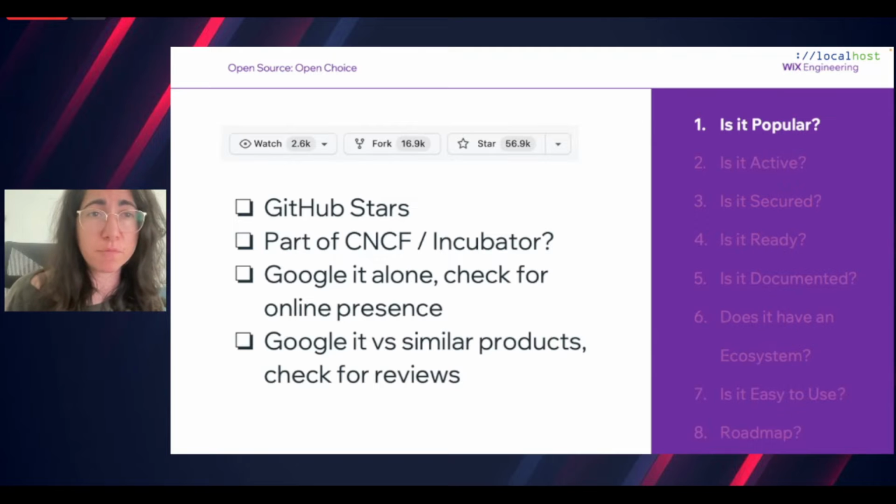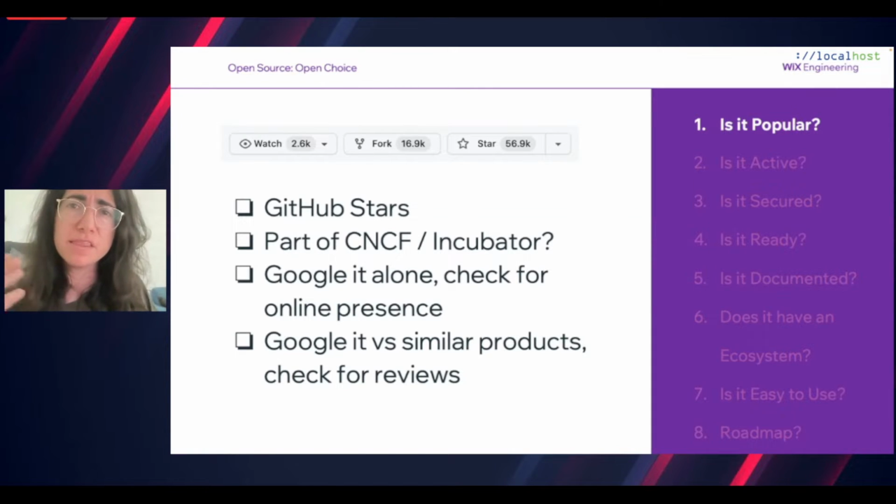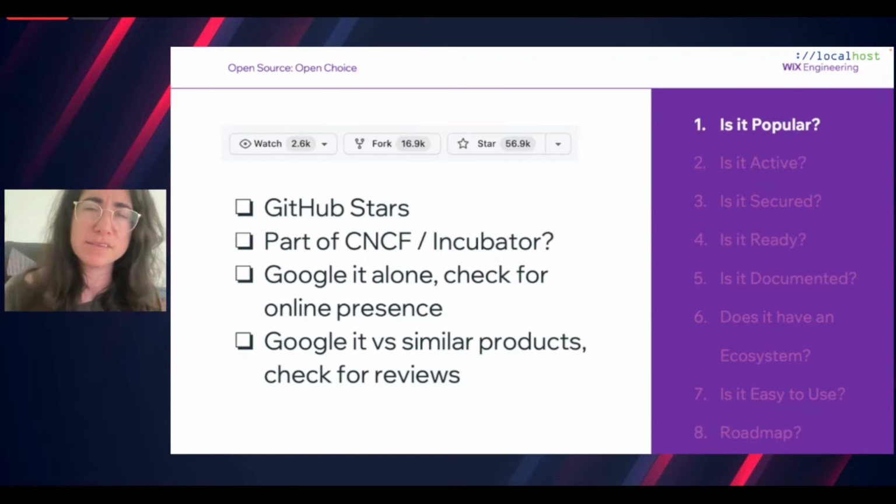First of all, popularity. Check how many GitHub stars a project has. Always bear in mind that especially when open source software is backed by a company, maybe they have a marketing department that helps promote the project, whether it's good or not, right?